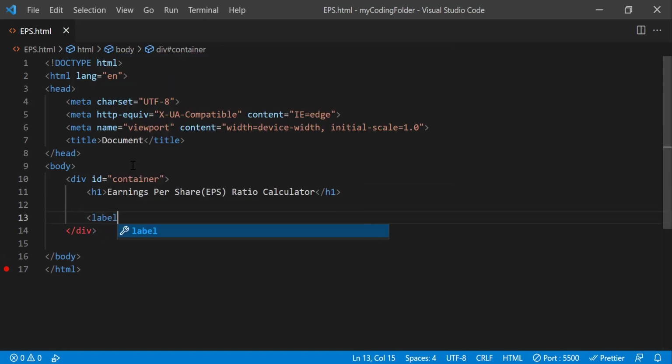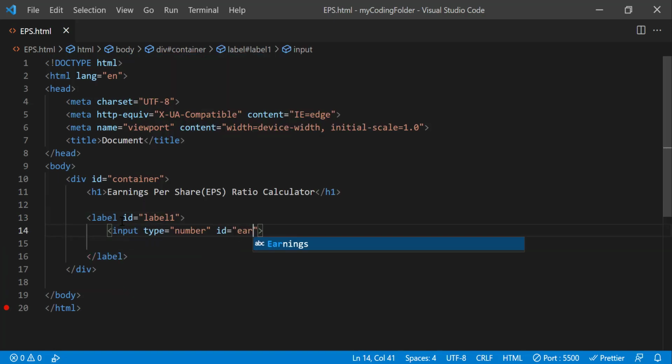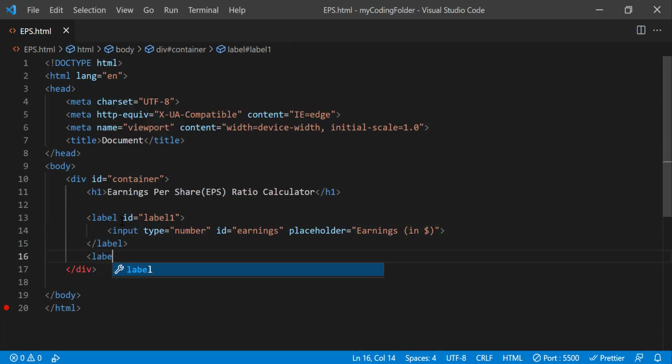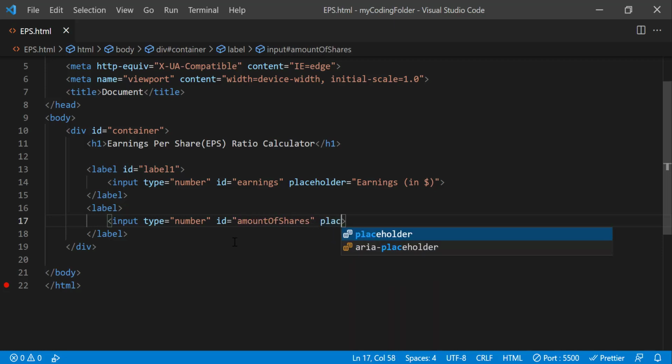Once we're done doing that, let's create a label and give it an ID of label 1, and we'll just have an input in here called ID will be earnings. So this is where we'll type in our earnings value, and the placeholder of it will be earnings in dollars. And then we can create another label underneath that label, and we'll just create another input inside of this, give it a type of number since we're dealing with numbers here, and then we can do amount of shares for the ID. Placeholder will just say